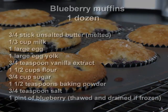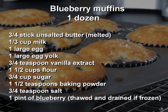To recap, today's recipe was for 1 dozen blueberry muffins. I made 2 dozen, but I'm going to give you the recipe for 1 dozen. You want to start out with 3/4 stick of butter, preferably unsalted butter. You want to melt that in your microwave or on the stove top. You want 1/3 cup of whole milk. I used half and half, but that's fine. You can use whole milk. Please don't go any lower than whole milk, because you will need the fat to go along with that. 1 large whole egg, 1 large yolk, no white, 3/4 teaspoon of vanilla,